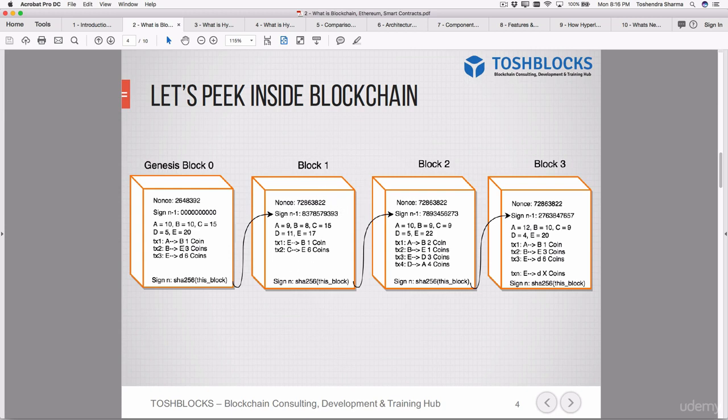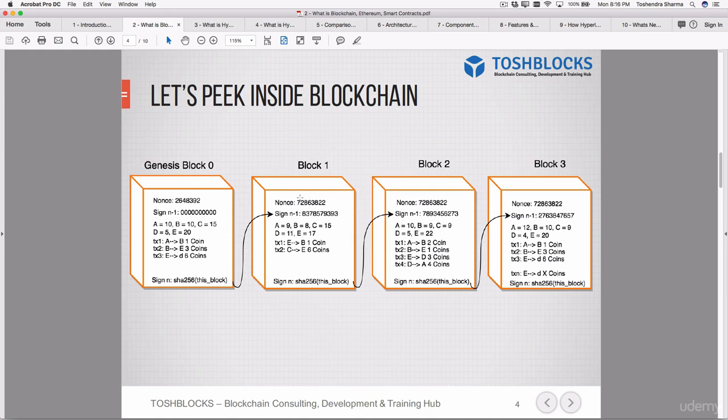in the same way, all the transactions will be applied on the balance and the balance will be updated, and then the new transaction will be appended, and again the whole content will be crunched into a single small string, which is called the signature of block 1. So now the signature of block 1 will be created using the content of block 1, which also includes the signature of the previous block. Again, this signature of block 1 will be embedded back into the next block when it is created.